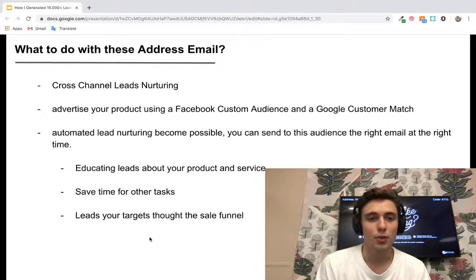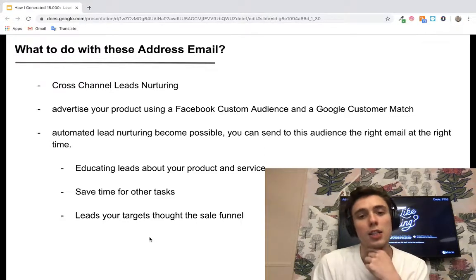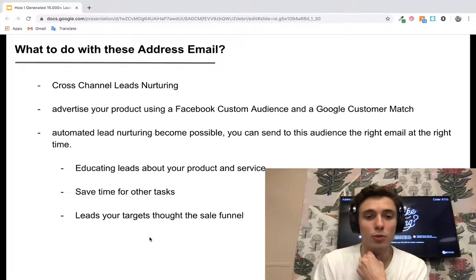So basically, you can use your Facebook group to target them inside, build an emailing sequence, and put all the email addresses collected into your email marketing tools. Then you can save time to focus on more high value tasks, and you can educate your leads about your different products and services.